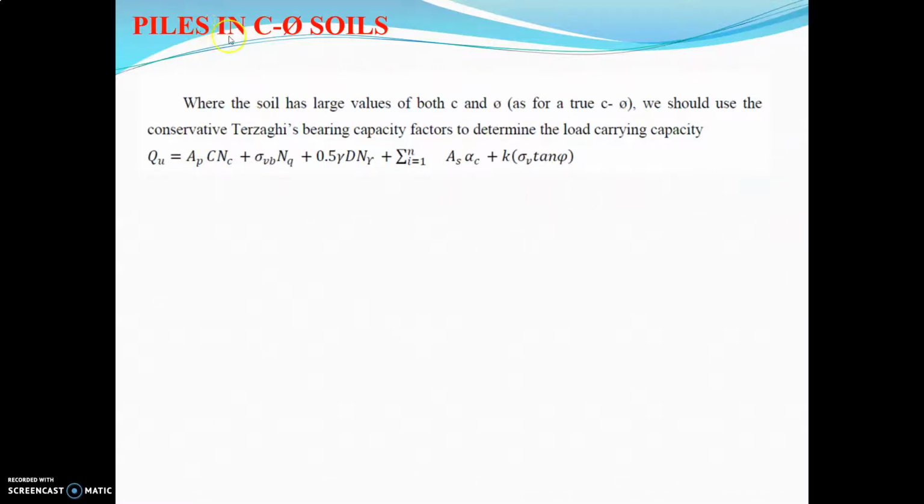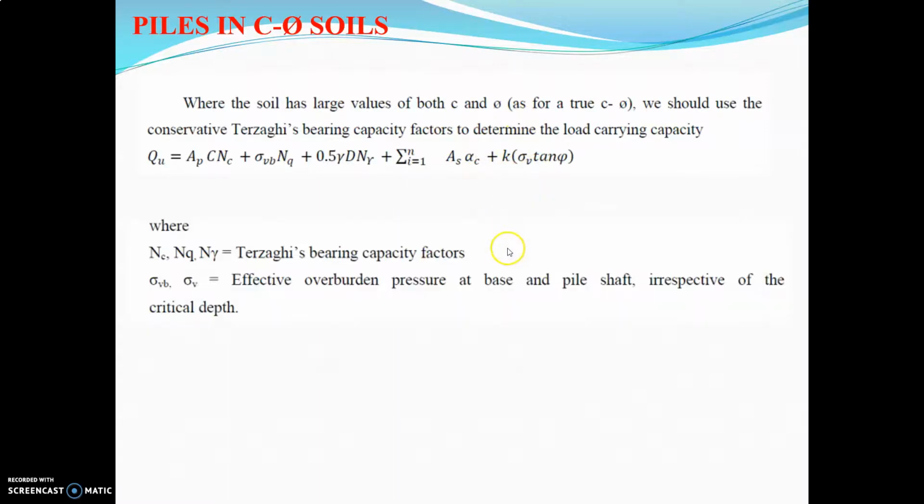Next, let us see how to find the bearing capacity of a pile in C-phi soil. There is both cohesion as well as friction. So where the soil has large values of both C and phi, as for a true C-phi soil, we should use the conservative Terzaghi's bearing capacity factors to determine the load carrying capacity. So this is the formula to find the bearing capacity of C-phi soil. Qu is equal to AP into C NC plus sigma VB into NQ plus 0.5 gamma D N gamma plus summation of i equal to 1 to n of AS into alpha C plus K into sigma V tan phi,